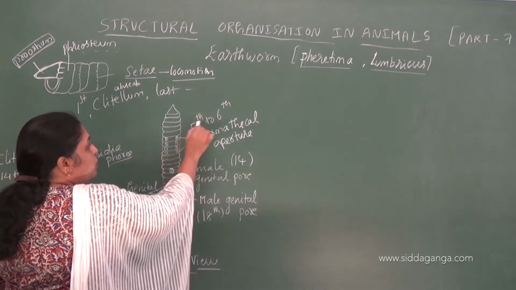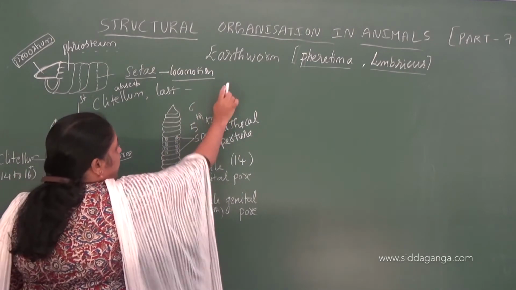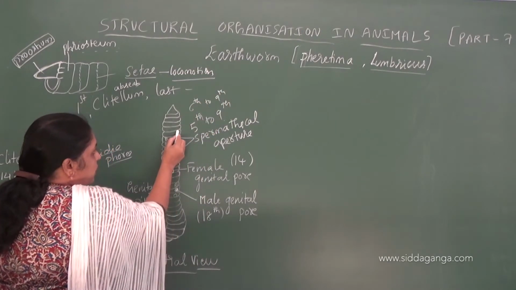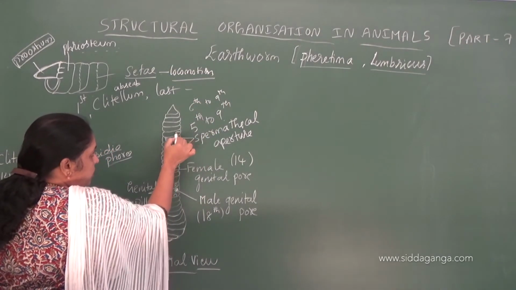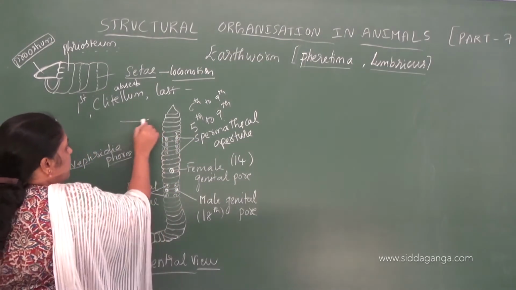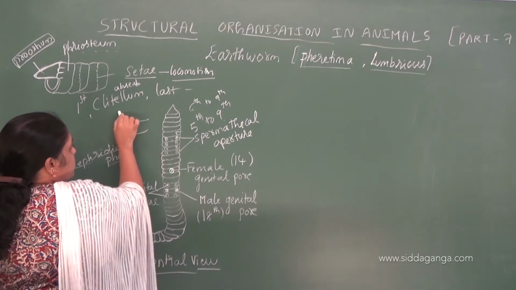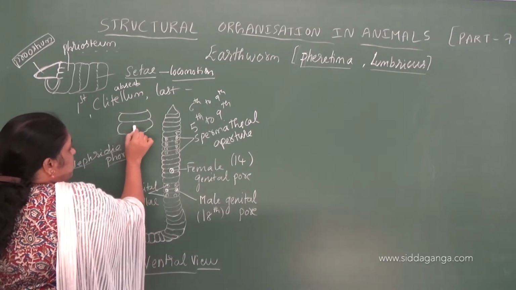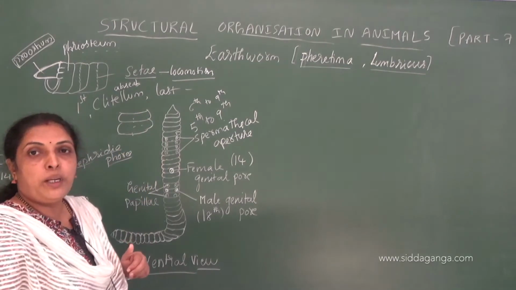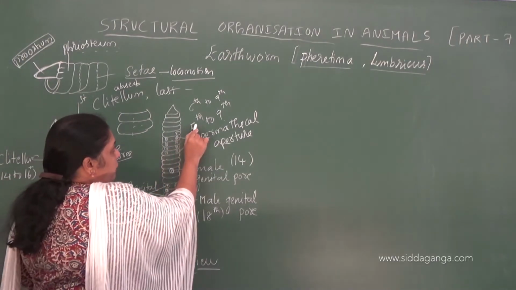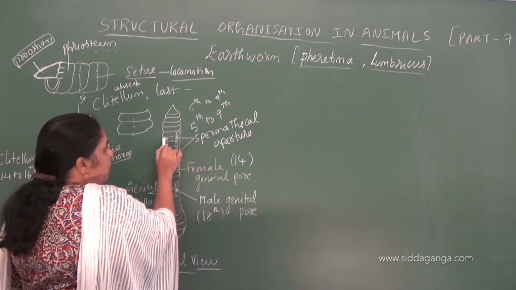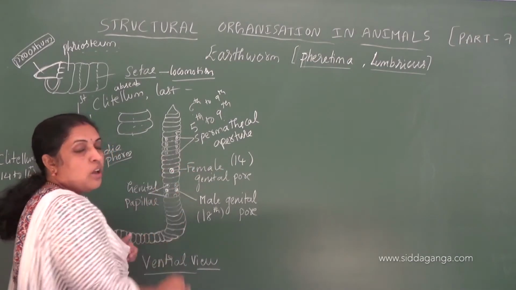And 5th to 9th, in some books it is given as 6th to 9th. So this is the 5th one, 6th one, and all the septa. So these are septa. Understood? This one is a metamere. Septa divide the body into metameres. So in the septa between 5th to 9th or 6th to 9th, we see 4 pairs of spermathecal apertures on the lateral side of the organism.